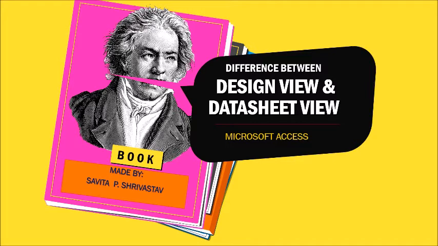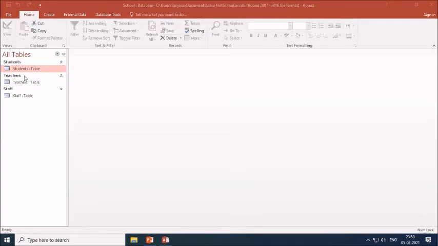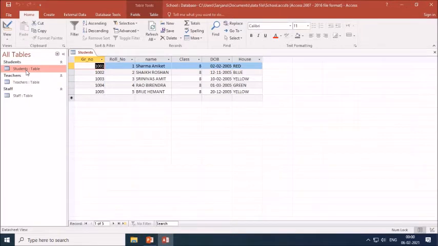Difference between design view and datasheet view. Now let us learn the difference between design view and datasheet view. First select the table. Then if you want to make any changes in the structure of the table. Now here these are the records.